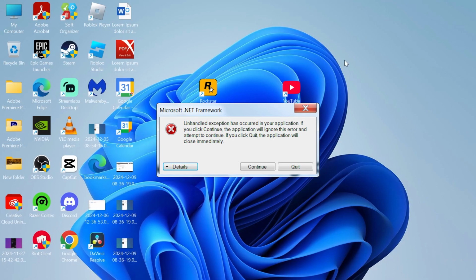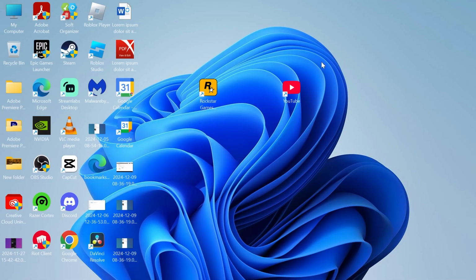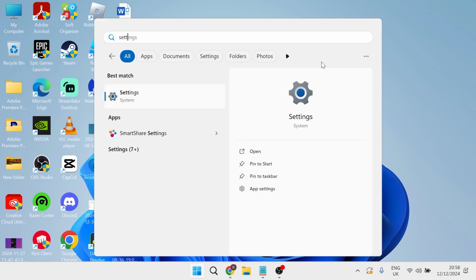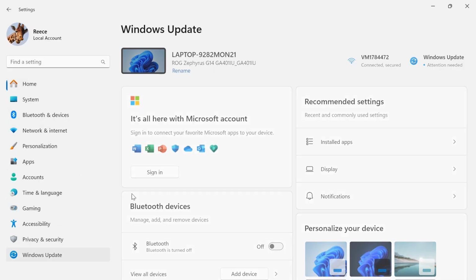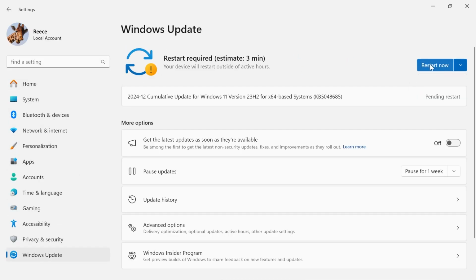In this video, I'm going to show you how to fix the Microsoft .NET framework error on your Windows 11 computer. So the first thing you want to do is head over to your Start menu and just search for Settings and then click on the Settings window. From the left-hand side, select Windows Update, and what you're going to do is just press the Check for Updates